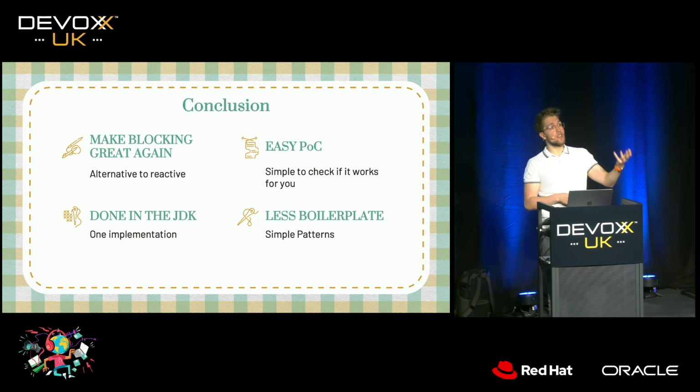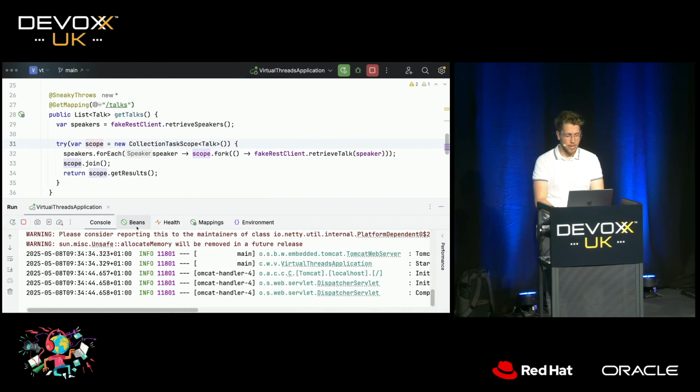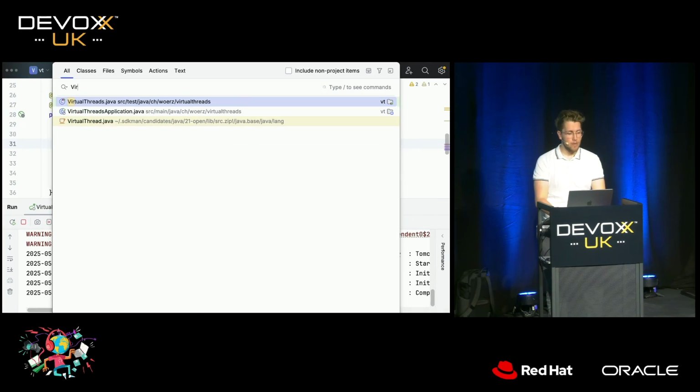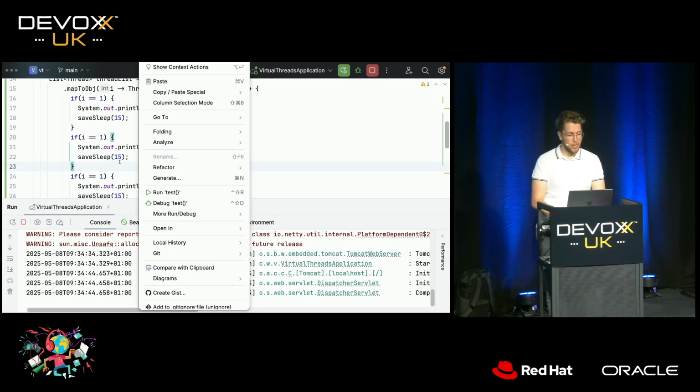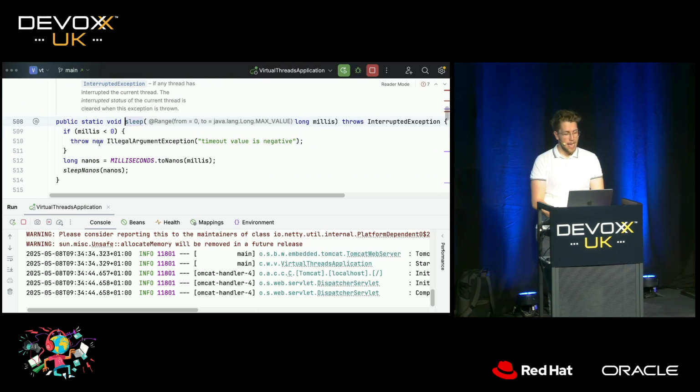It's not an external library or from an external contributor, but it's inside of the JDK. The changes they made in the JDK were huge. They are supporting virtual threads everywhere they used normal threads before. So to show you this, let me show you a quick introduction here. When we go into our virtual threads, and we go here into our save sleep, and let's open the sleep function here. And in here we have this